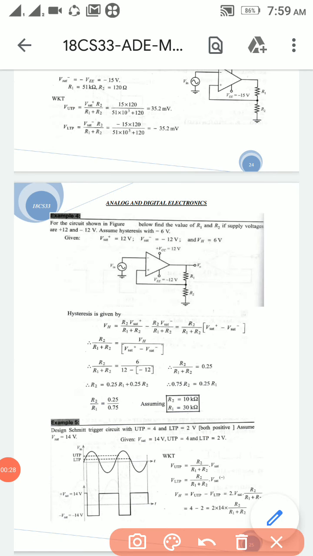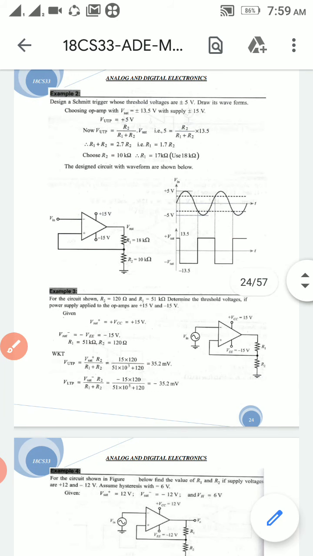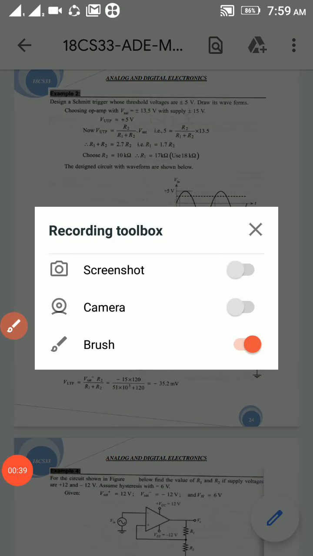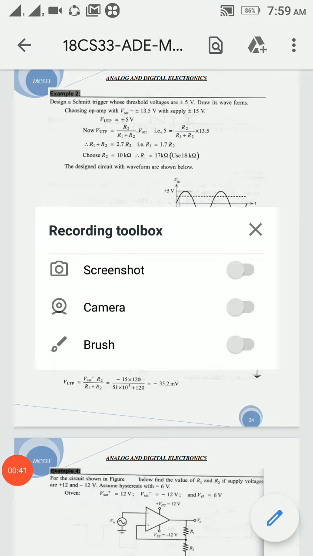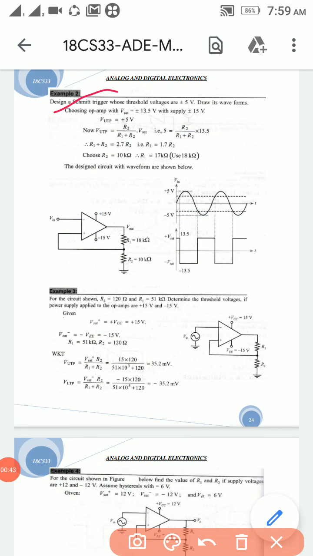Coming to this problem: design a Schmitt trigger whose threshold voltages are plus or minus 5 volts, and draw its waveforms, choosing an operational amplifier of V saturation plus or minus 13.5 volts with supply plus or minus 15 volts. Here VUTP is plus 5 volts, and we know the formula,